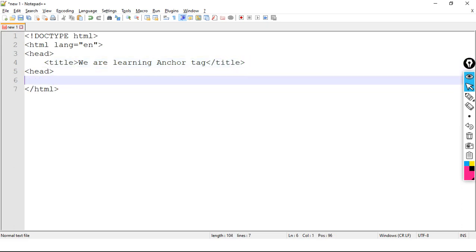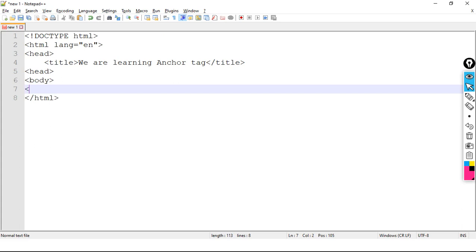And in the body section I will write my anchor tag, opening anchor and closing anchor tag. In the opening anchor tag, href is a mandatory attribute.